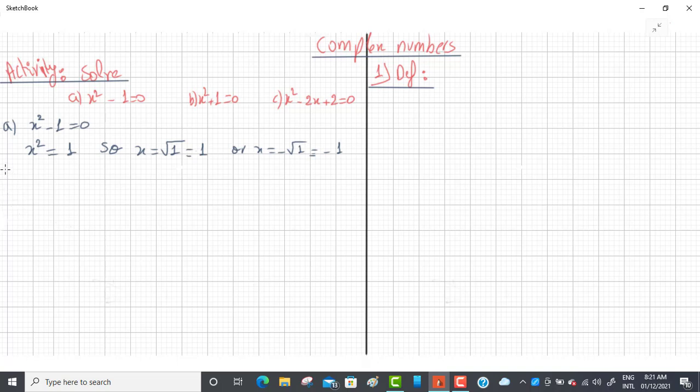But what if we have to solve the equation x squared plus 1 equal to 0? We'll obtain that x squared equal minus 1. We used to say that this equation has no solution in R. Of course it has no solution in R, but someone invented or found a number. He said, let i an imaginary number